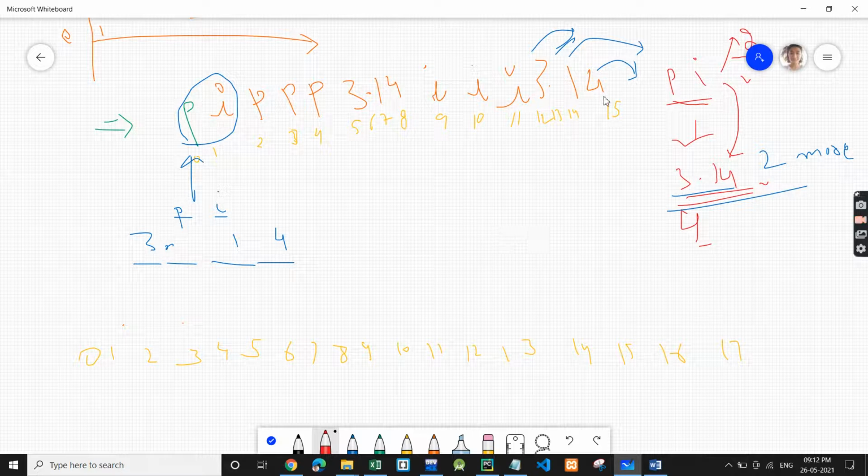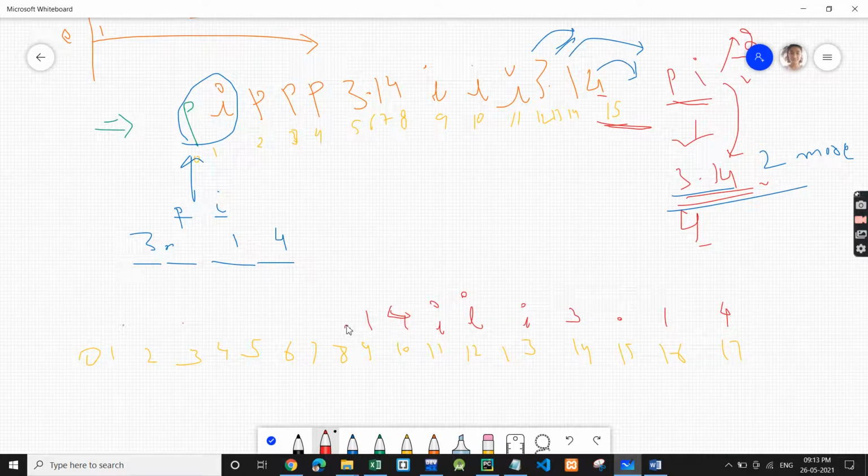Now 4 was earlier at the 15th index. Now we are moving it 2 more spaces ahead. So 15 plus 2, it will go to the 17th index. 1 was at 14, it will now go 2 spaces ahead, which is 14 plus 2, 16th index. Similarly for dot, 3. Then I was at 11, 11 plus 2 is 13, so it will go to the 13th index. Similarly for the rest of the i's. Then this I, which is at the 9th index, will go to 11th. Then this 4 was at 8th, it will go to 10th.